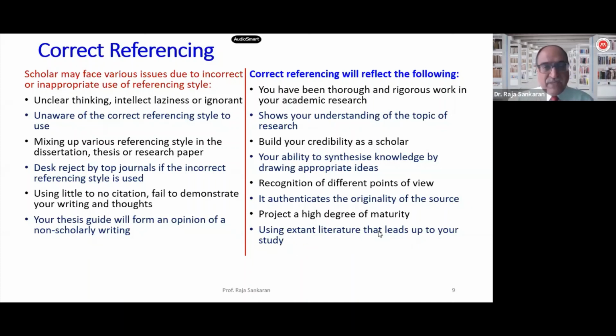Now, again, I would simply fall back on the same point that I mentioned earlier. Within the literature review section, you can't just say A said this, B said this, hence I'm saying this. It has to be something which should be concluded from the extant literature that exists, and it should build up on the body of knowledge. So that would again come with not only the author's writing style, but also the approach that has been used and the kind of depth of projection of the knowledge that the author has gone through.